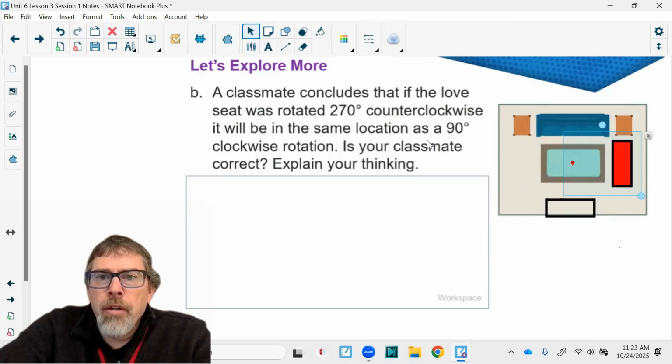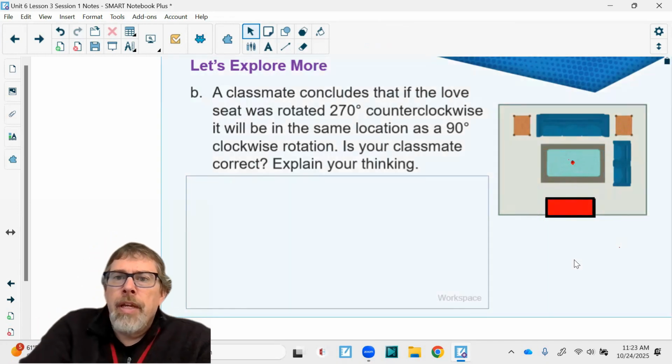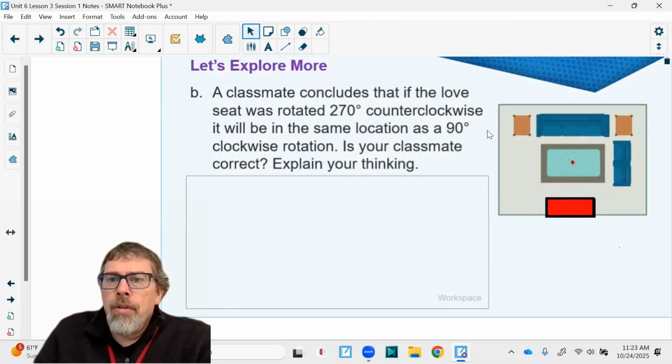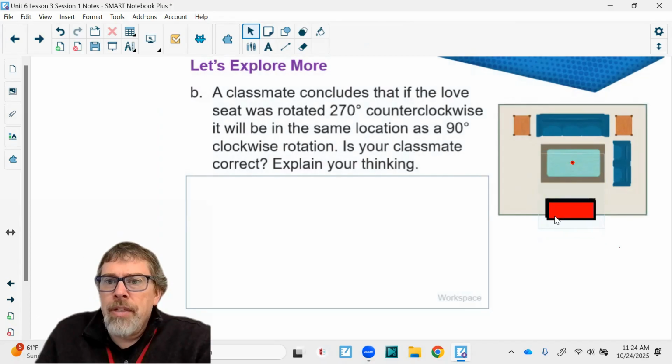this one they say to rotate 90 degrees clockwise. So that would be this way. And that would end up right here. So it landed right on top of the other one. As you can see, they're both in the same location. Is your classmate correct? They said it'd be in the same location. And yes,